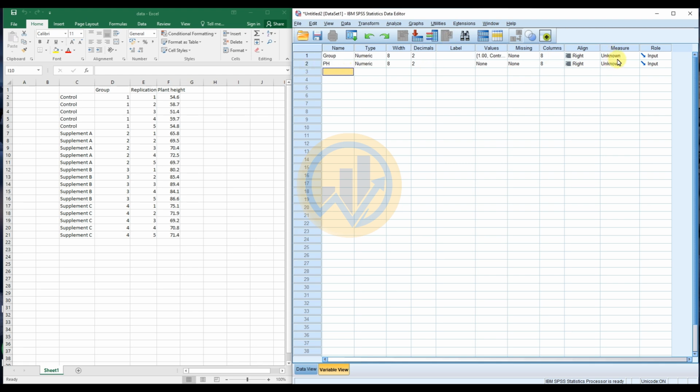For the grouping column, change the measure to nominal, and for the plant height, change it to the scale option. So how to use the measure options in biological science and biostatistics, the full article is written